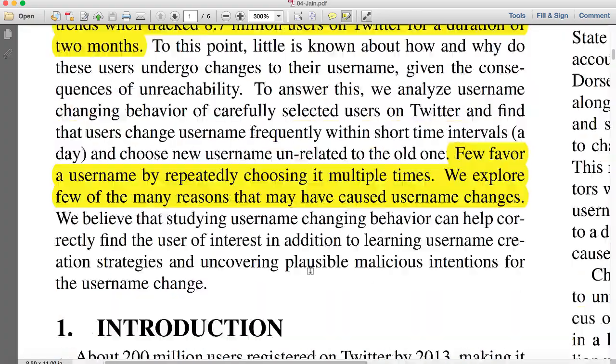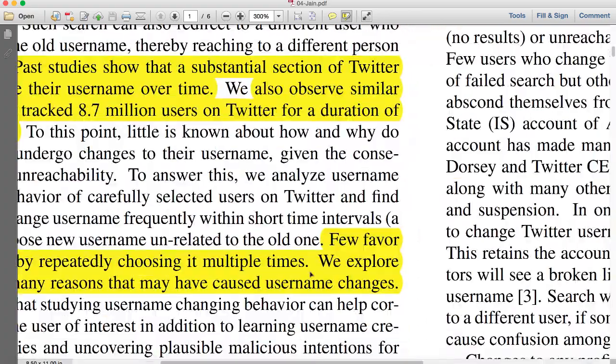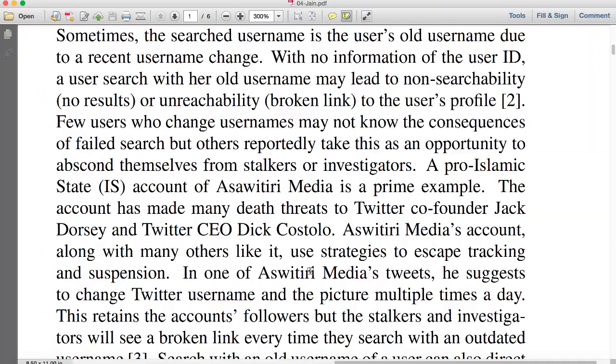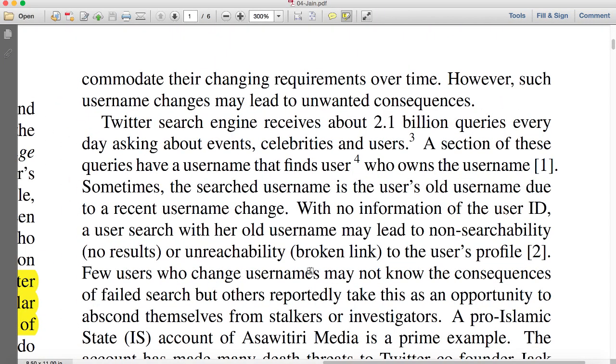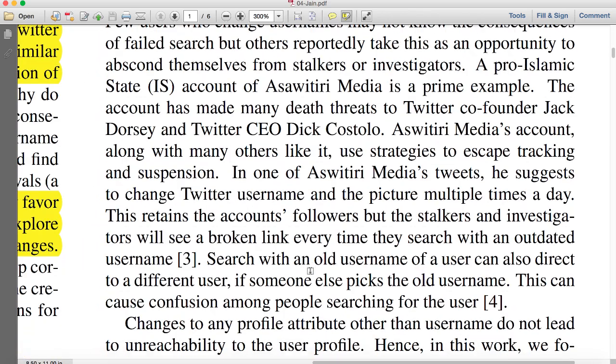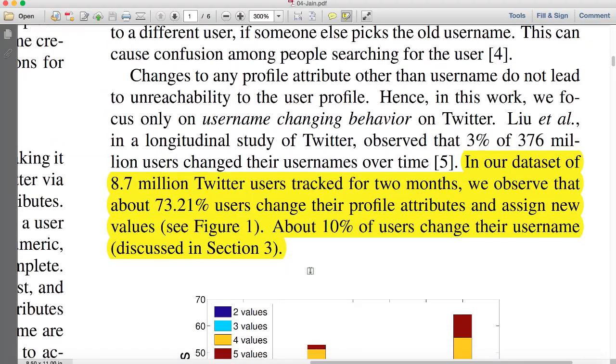As I've said before, the abstract only summarizes what is in the paper. Then in the introduction, they talk about the growth of Twitter, how users are actually using it, and what kind of data is being pushed onto Twitter. So that's what is being discussed here. One of the conclusions the authors have is that in their data set of 8.7 million Twitter users tracked for 2 months, they observed that